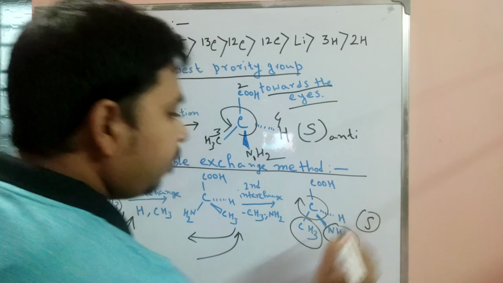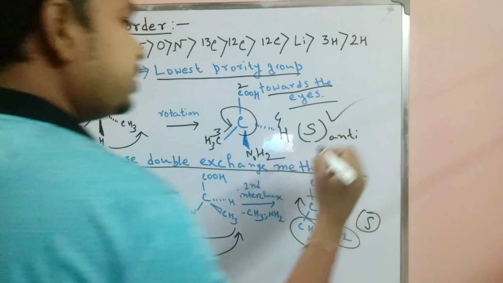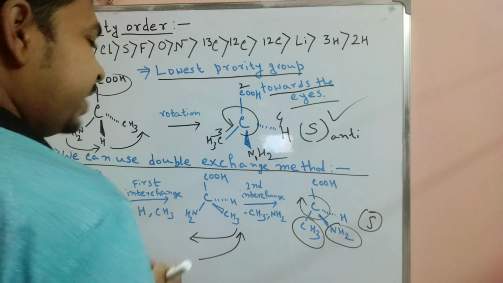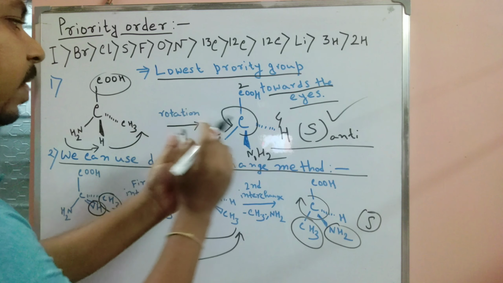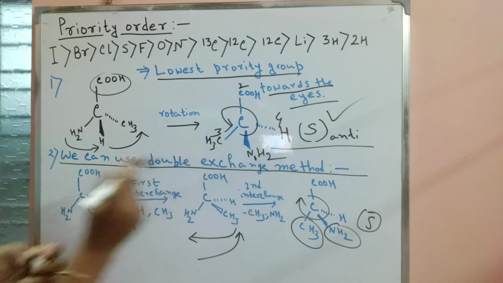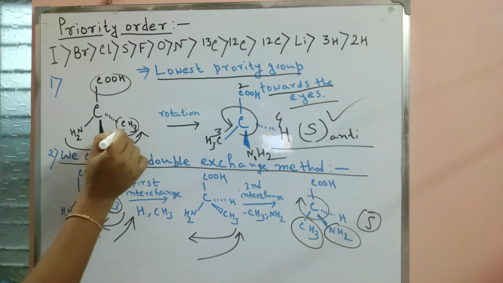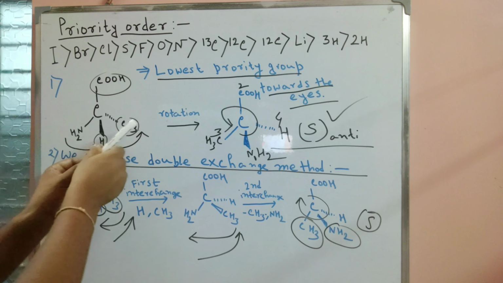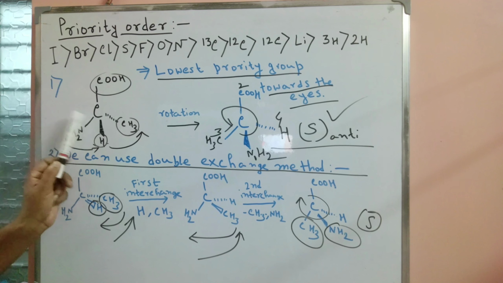After the second interchange, when we decide our priority order, the configuration is S. But we do not need to follow the second rule; we can also follow our first rule, because it's very easy compared to the second method. So in all our examples and discussion we follow our first rule, just rotation. Here the COOH group is fixed, just a 90-degree rotation occurs, just exchanging the position: hydrogen comes down, the down bond comes planar, and the planar bond comes to the upward position. So this rule is very easy compared to the second rule, so we follow the first rule here.